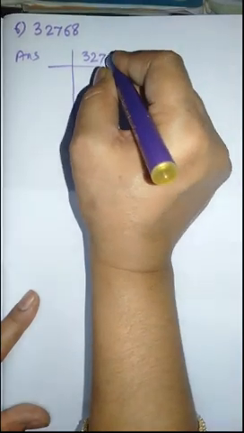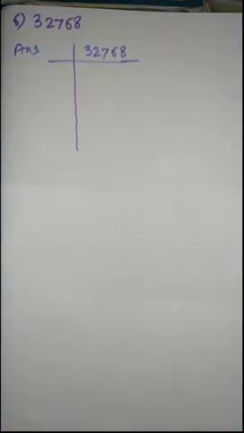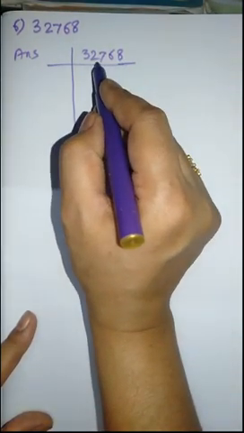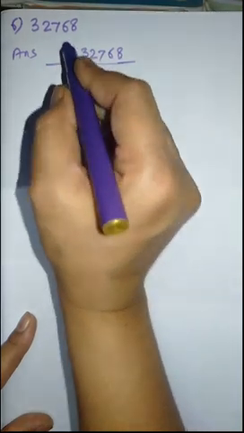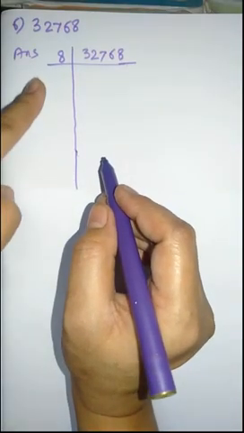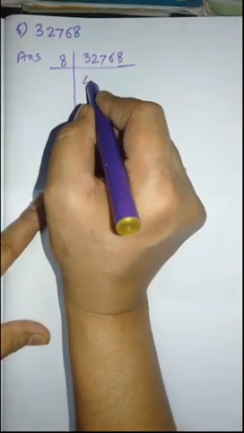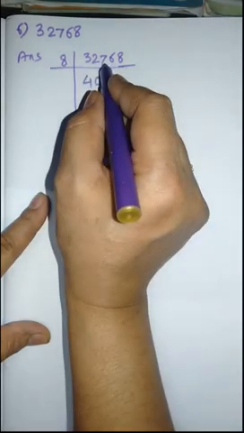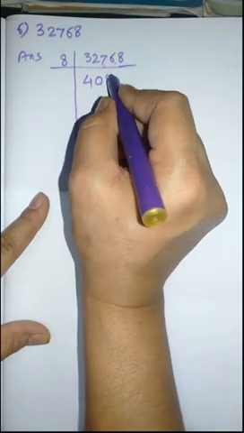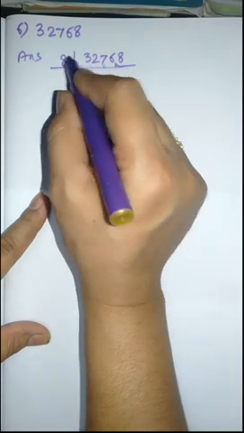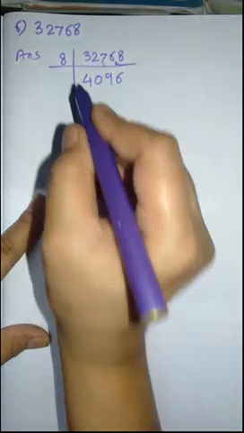So the process of calculating the factors is very lengthy. So how to reduce this process here? It is an even number, so it is divisible by 2, correct? So it must be divisible by 8 because 8 is the cube of 2. So directly divisible by 8. So 8 4s are 32, 8 zeros are 0 because 7 is there. Now it becomes 76. 8 9s are 72. So remainder is 4. So remaining number becomes 48. So 8 6s are 48.